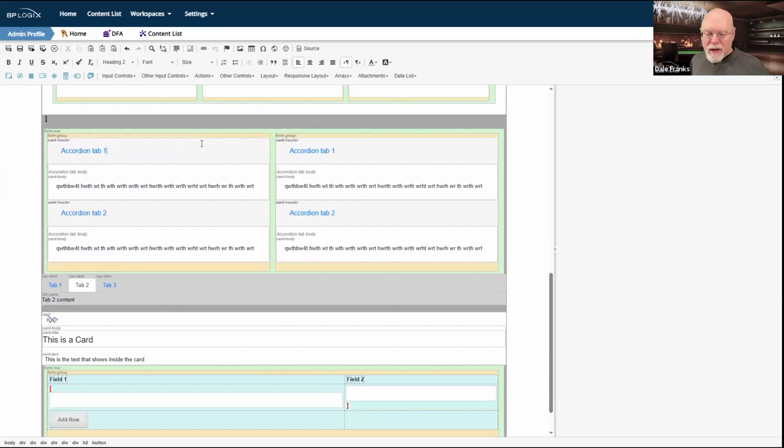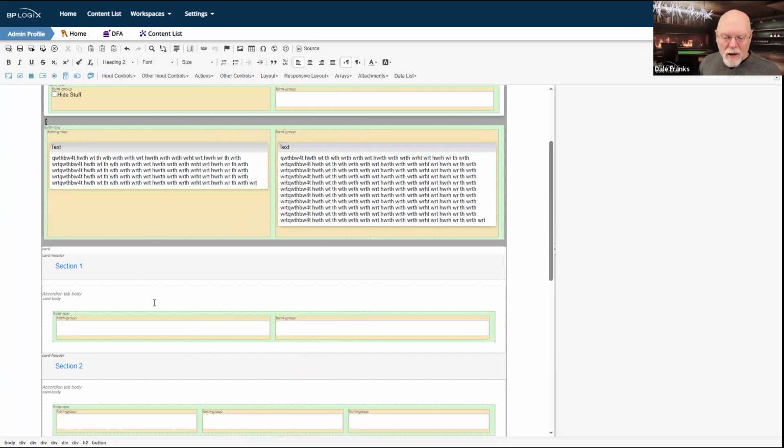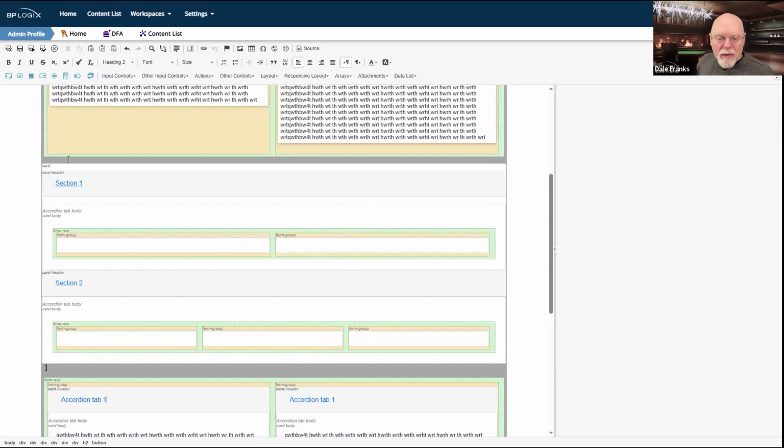So one of the other things that I've done here, now up here with these accordions that we threw in up here, they're at the section or they're at the container level, which means that they're going to take up the entire space of the container and they're going to operate much like section controls do in Process Director.